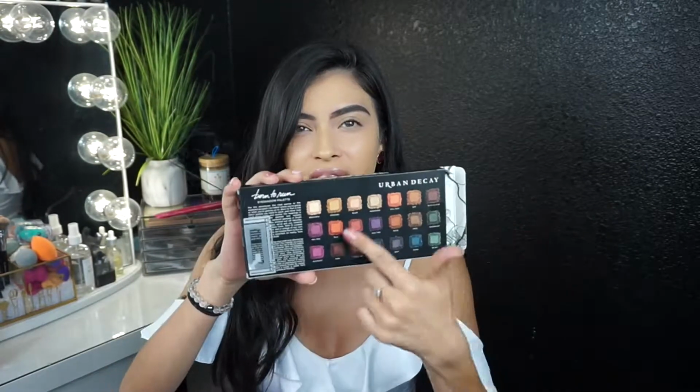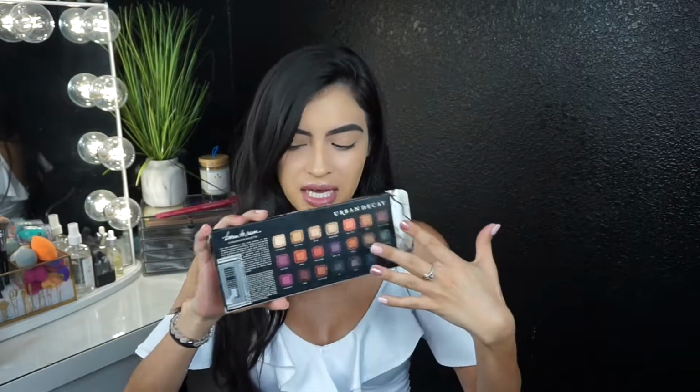So this is what the packaging looks like. You guys probably already know, you guys probably have seen it everywhere. You get 21 shades, so that is pretty awesome. Just love the purples and the blues, and of course all the neutral colors that they have in here. And I like how they put all the names of the colors in the back of the box. The packaging of this palette is just, I love the whole traveling vibe to it,